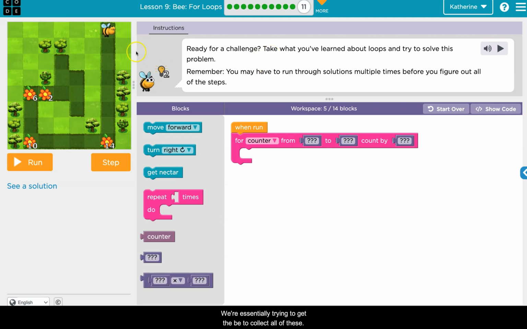We're essentially trying to get the bee to collect all of these nectars. And it appears that our move forward is going to be variable, and the amount of getting nectar is also going to be variable. Okay, so I might start off by trying to figure out which way I need to